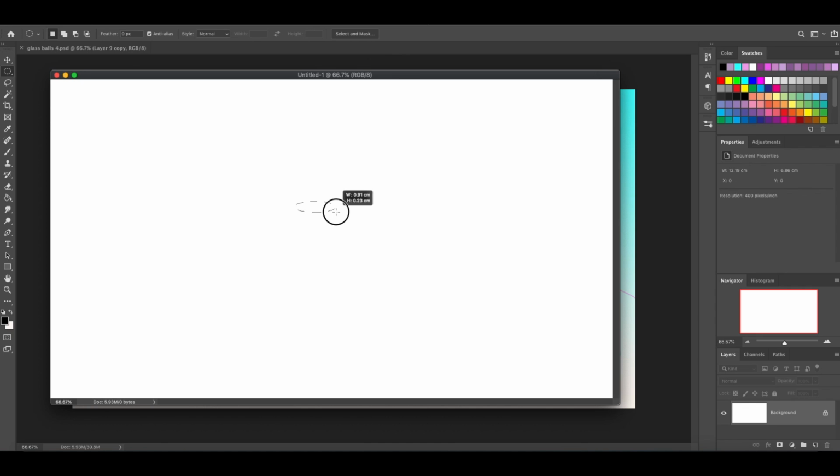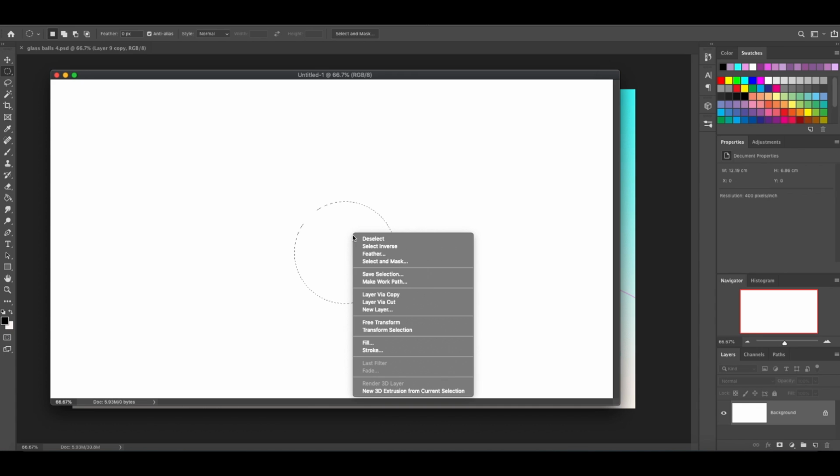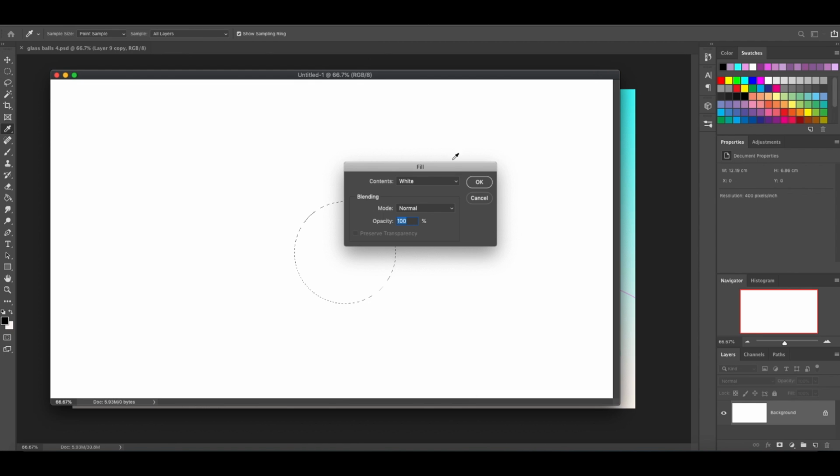When you start dragging out, you'll notice it's an oval shape, but if you hold the shift key, it snaps it into a circle. So at this point, you see the marching ants around. I hope you guys can see that pretty well. And then from there, you can right click, excuse me, and on the bottom here, it says fill. That's one way of doing it. So if I hit fill and then